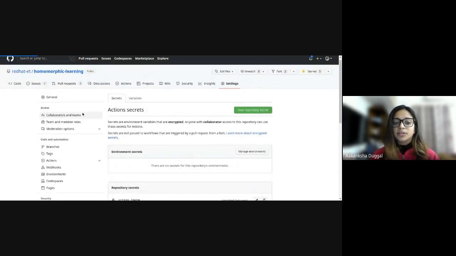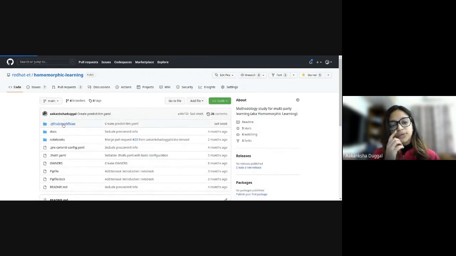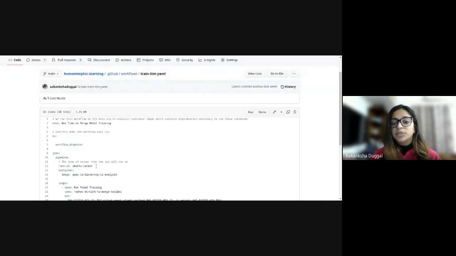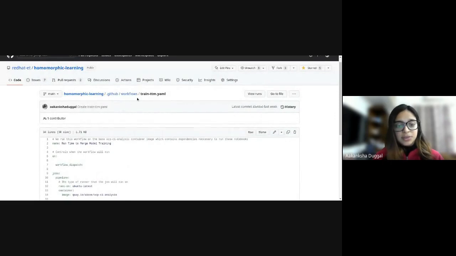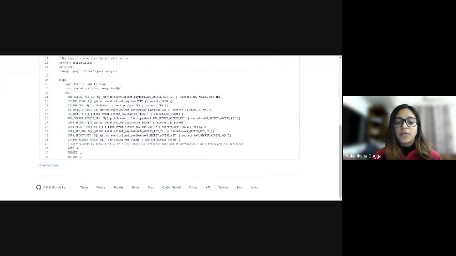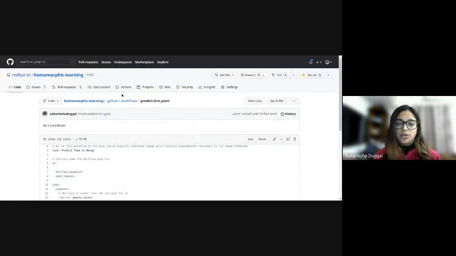And the second part is going to be adding two small files to your GitHub workflows. You don't have to change anything at all. So the first file is going to be the trainttm.yaml, and you just have to copy this exact file. What it's going to do is actually interact with our container image and extract the environment variables and run our action in mode 1, which is the training mode. And this is what the train TTM file does. And the predict TTM file is exactly the same, just that the mode value is set to 0 here. And once you've added these 3 things to your repository, you're all set.